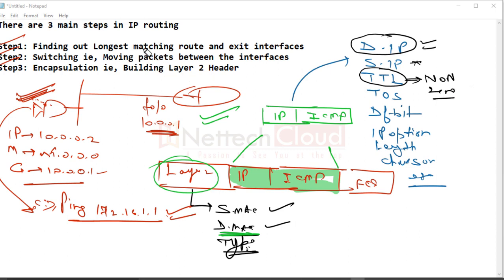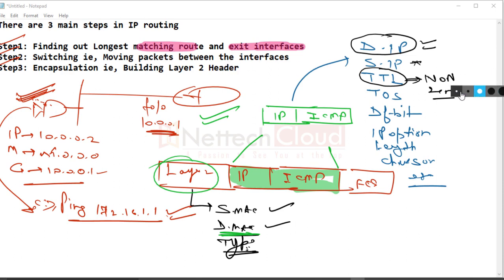If the router finds a matching route in the local routing table, it will perform a recursive or reverse routing table lookup to find the egress or exit interface, right? So first finding the matching route and then the egress or exit interface.